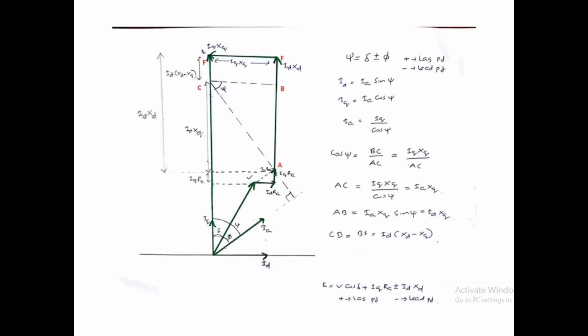Now this is the vector diagram representing a salient pole machine. So we already studied a vector diagram which is for a cylindrical synchronous machine. What is the main difference between these two machines? That is the difference in air gap and the difference in armature reaction, which is making two components, XD and XQ. So that is the major difference in the vector diagram.